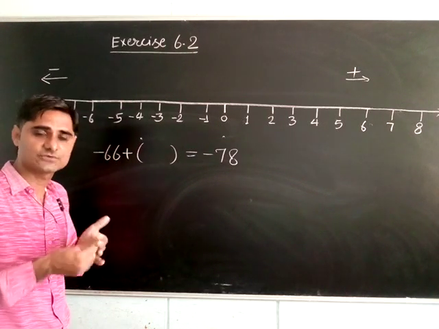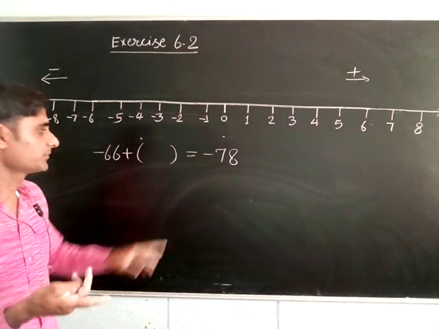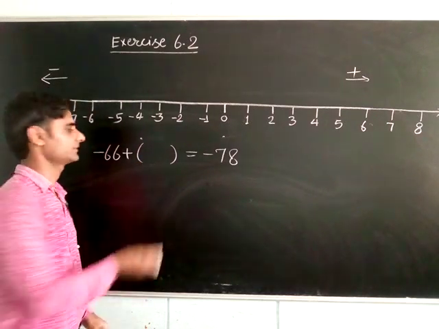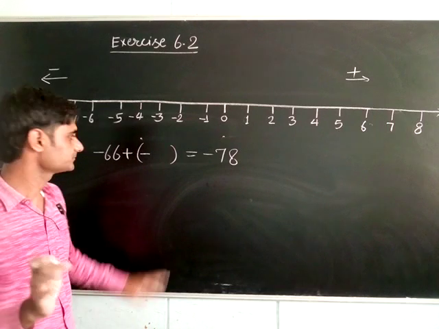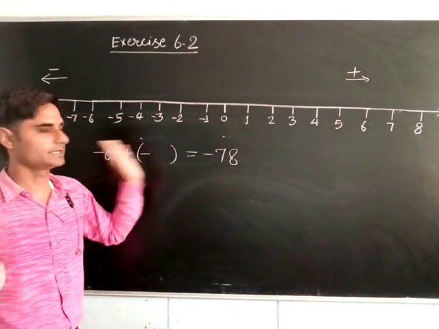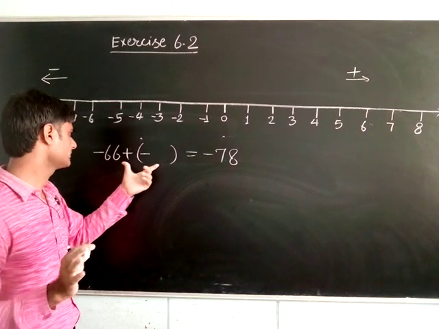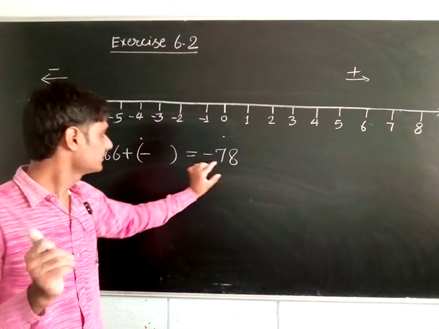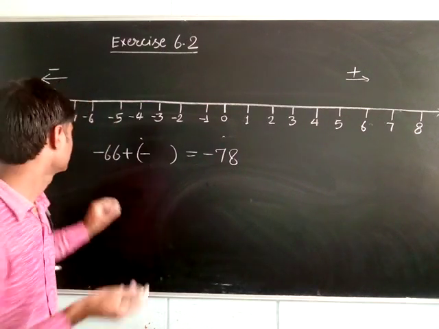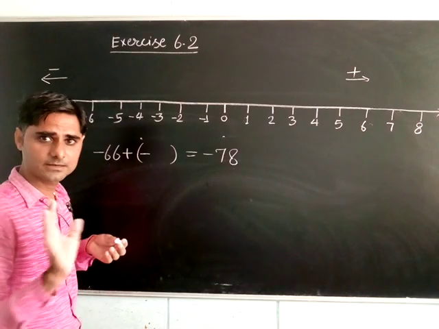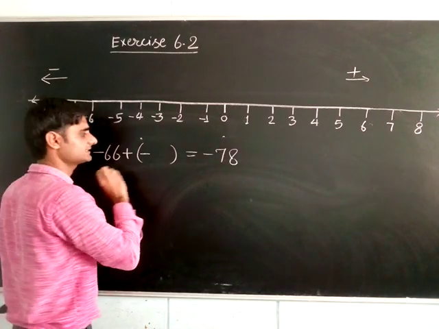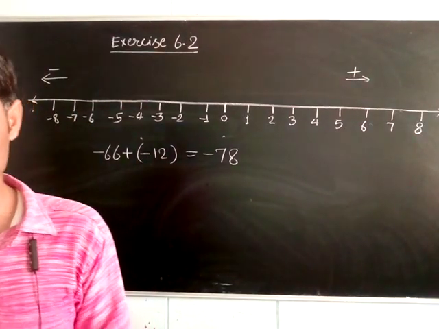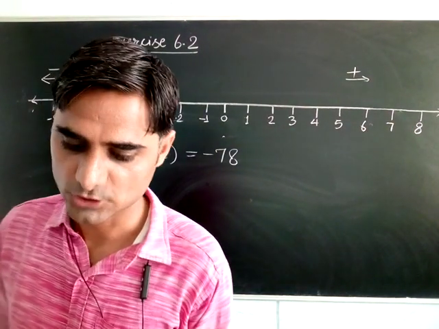This 66 will become 65, 64 and smaller. But what we need is 78. It means this number also will be negative. Negative, negative, negative. Same? Yes. Now same sign have to add. Now what should we add to 66? We get 78. What we will add? See, 66 plus 12 will come, right? 66 plus 10, 76, and plus 2, 78, so minus 12 will come. So what to add in this one? Minus 12 is the correct answer. That is option number B.